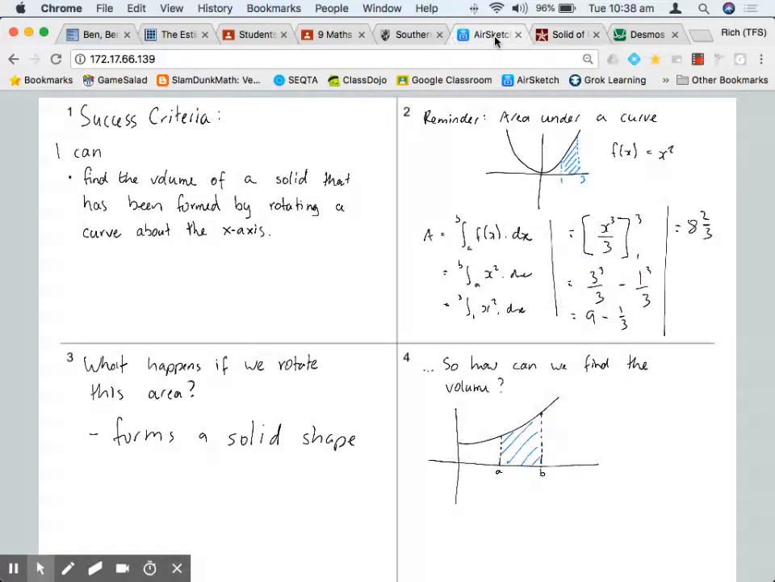I should even get rid of the word shape. It forms a solid, like so. So the question is, how can we work out the volume of that solid that is created from rotating the curve around? Well, if I just go back to that same web page and scroll down a bit,